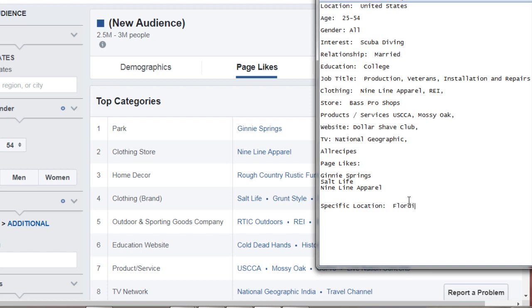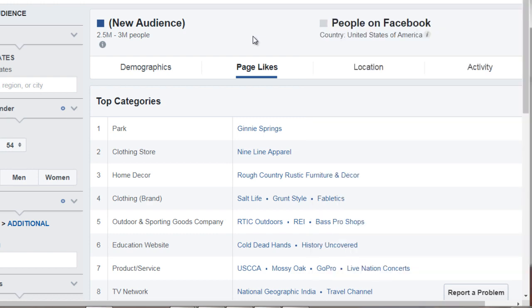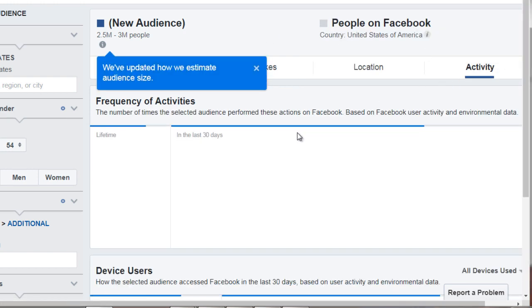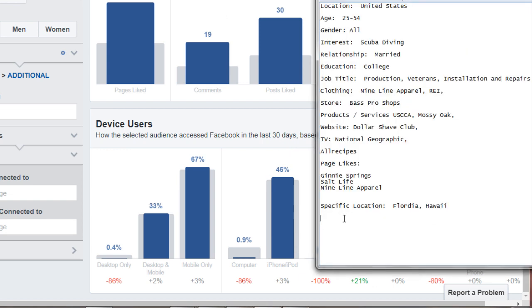We saw a lot of Florida, and we saw a lot of Hawaii. And then in terms of activity and devices, we saw that a lot of them use mobile devices. So iPhone, Android, etc.